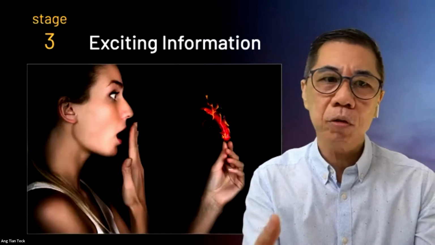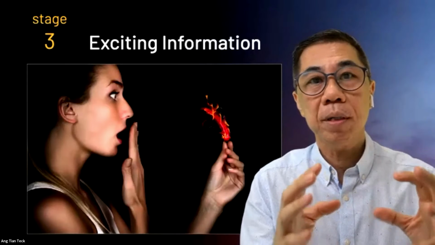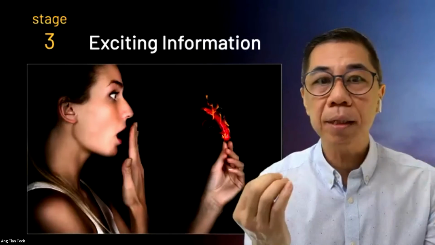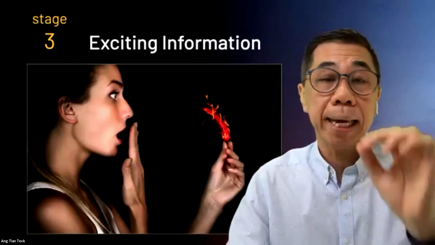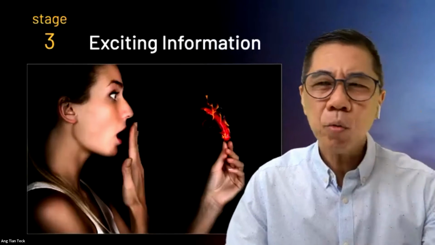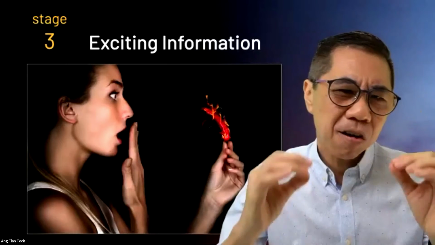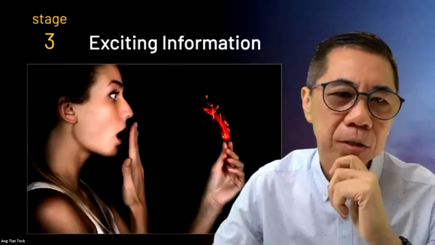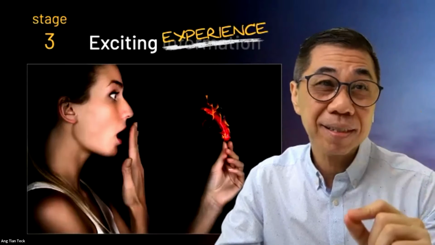So that's how you want to use the picture and image: show it to the audience in your presentation, and then get them to think a little bit. Then you start explaining. And stage 3 here is exciting information. But I want to bring you a little bit to a higher level. Instead of exciting information in stage 3, I don't call it exciting information. I call it an exciting